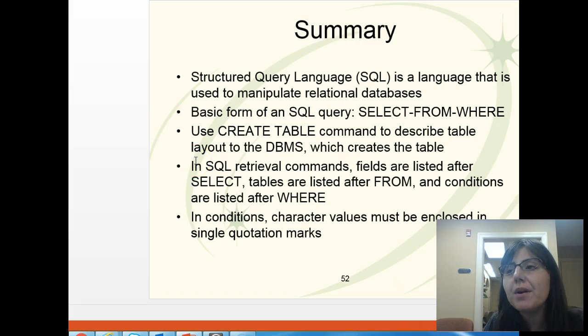So let's look at the summary, what we have covered in this module. First, we have talked about SQL, which is a language that is being used to manipulate relational databases. We talked about the basic form of a SQL query, which is select from where. We also learned about different commands. One of them is the create table command. Another one we used a lot in this module was select, and also we used from, and also we used the condition where, and we have talked about